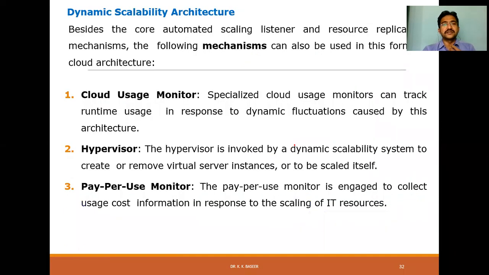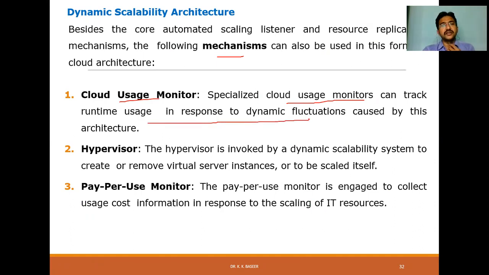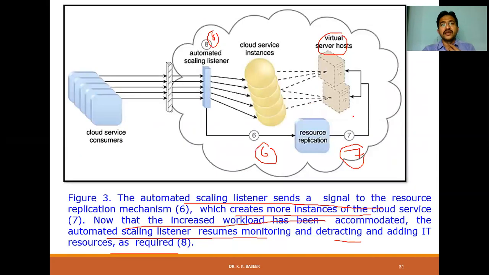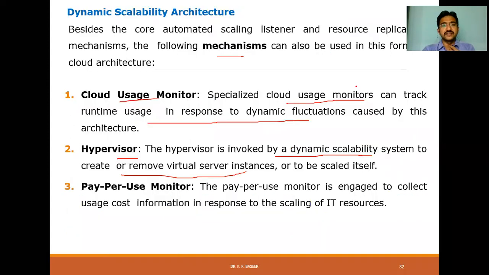And as the last part of every architecture, there are mechanisms; three mechanisms are discussed here. Cloud usage monitor, as we are dealing with dynamic scaling architecture, tracks the runtime usage in response to dynamic fluctuations. Whether any dynamic fluctuations are there, they have to be monitored by this mechanism. The hypervisor, as we are using virtual server hosts, is invoked by a dynamic scaling system to create or remove virtual server instances, like in the previous figure, where we create virtual server hosts for multiple instances.